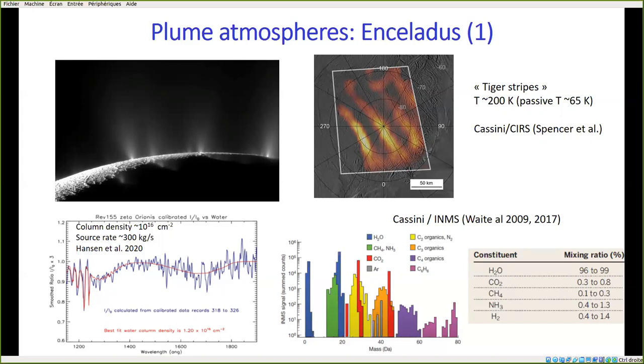Now, in terms of the gas composition, the composition of the plumes has been revealed by the Cassini ion neutral mass spectrometer. Initially, these data seemed to show the detection of many species beyond water. But in fact, it appeared that some of these peaks, especially those at heavy masses, were due to the formation of these species within the instrument itself. Nonetheless, in addition to water, we have the secure detection of at least 4 molecules: CO2, methane, ammonia, and molecular hydrogen.